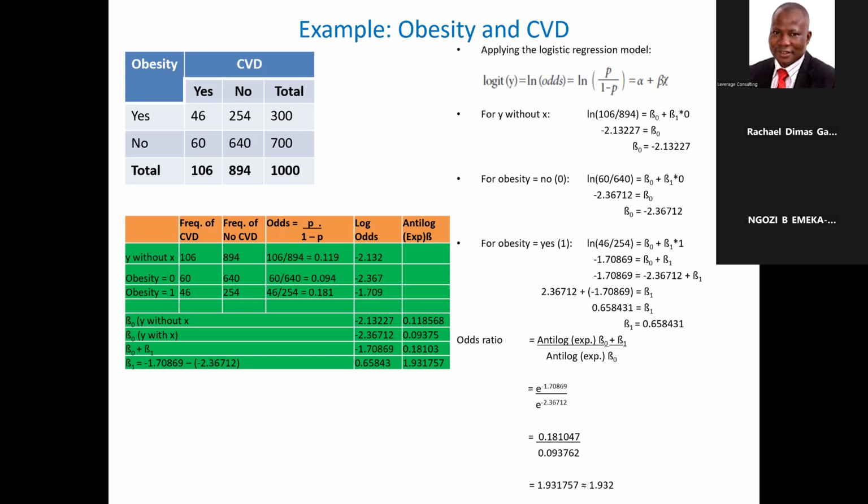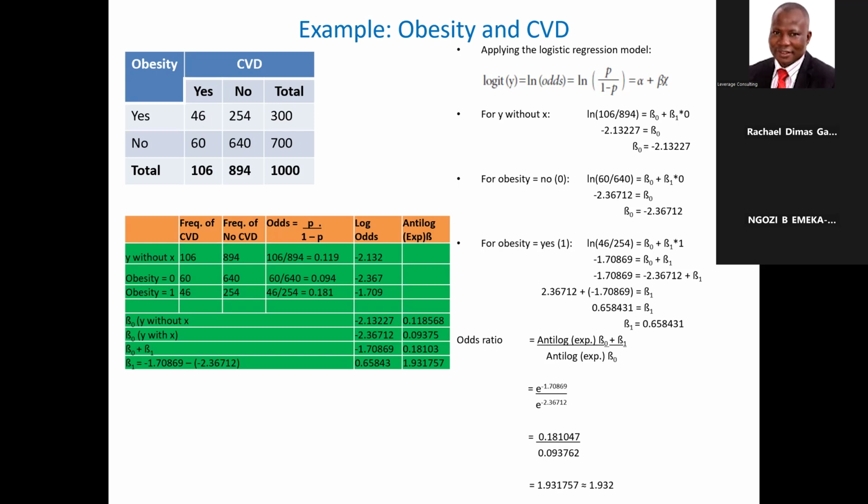For Y without X at all, so without considering whether somebody is obese or not obese, you can see how many people, 1,000, how many have cardiovascular disease, 106. So the proportion of people that have cardiovascular disease is 106 over 1,000. But if you calculate the proportion of people that don't have, it will be 894 over 1,000. When you solve it very well, it turns to 106 over 894. So the odds of